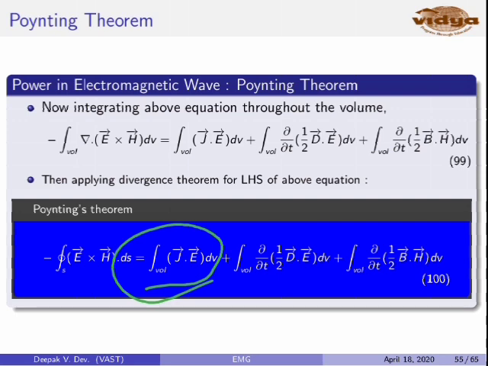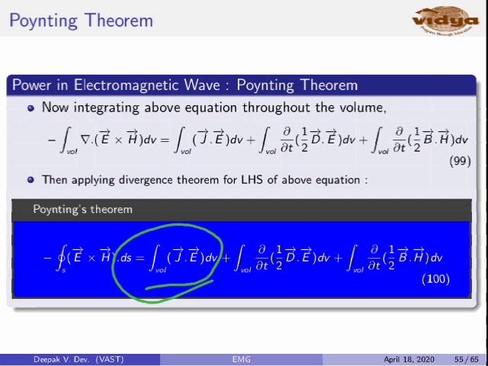If we multiply these two terms, the resulting quantity will have a unit of watt per meter cube, that is power density, and we are multiplying that quantity with volume dV. So the resulting quantity, if we multiply J into E and dV, will have the unit of watts. So this first integral represents the power,